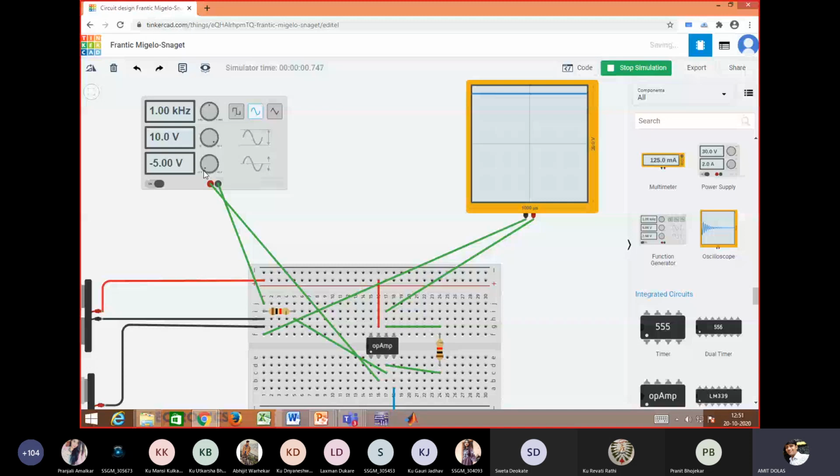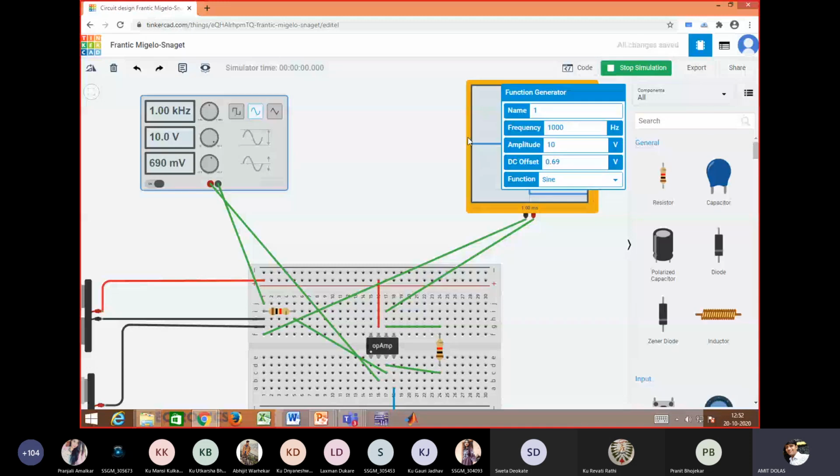If not available here, I will show you the Multisim simulation. Why am I trying with Tinkercad? Because it is available freely on the website tinkercad.com, so you can also operate on this.